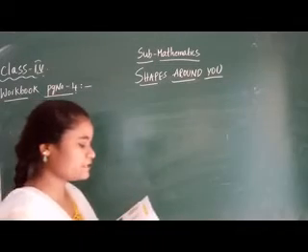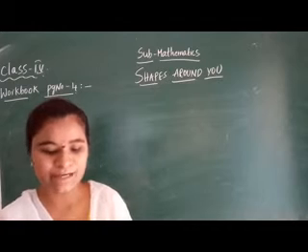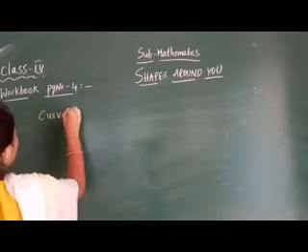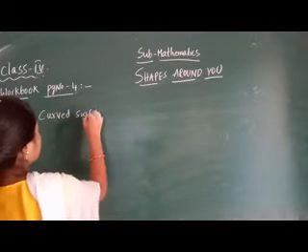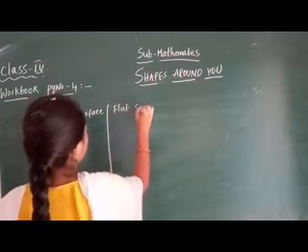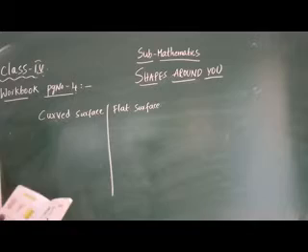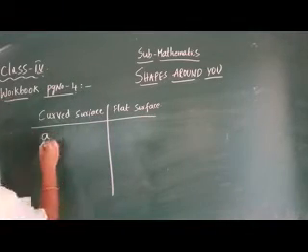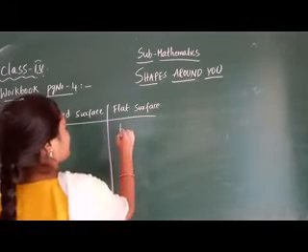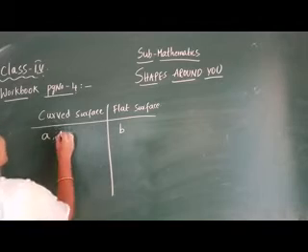See, identify the objects with curved and flat surfaces and separate them by placing them in the appropriate box. So, this one curved surface, next one flat surface. See, that water tank, that one is curved surface, so write in curved, A. Chocolate is flat surface, so B. That paint box is curved surface, C.